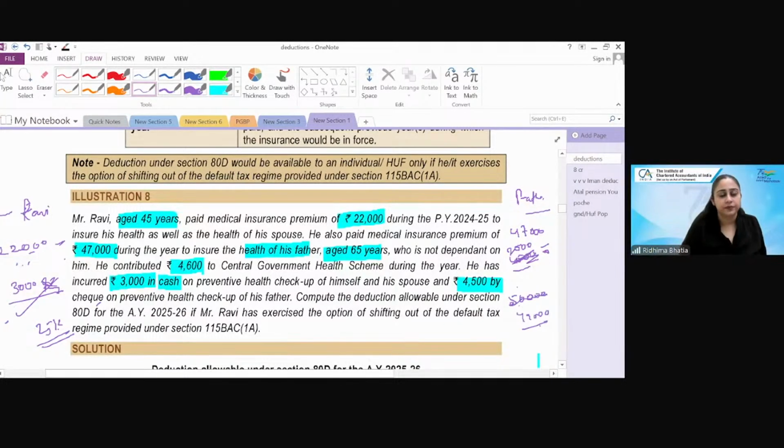अगर ये 3,000 यहाँ पे होता और ये क्लेम नहीं हो रहा है, और अगर पेरेंट का तो वहां पे 4,500 ले सकते। इन शॉर्ट, प्रिवेंटिव हेल्थ चेकअप क्लेम हो रहा है, मैक्सिमम कंबाइंड 5,000 ले सकते, ठीक है।